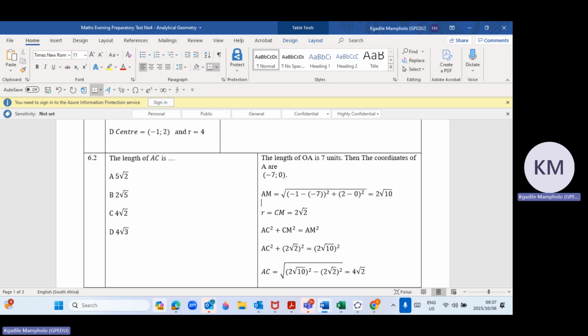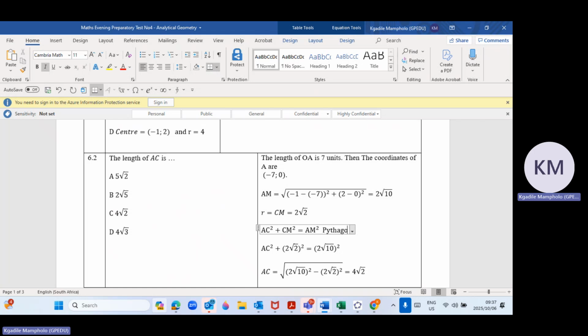Now, you use Pythagoras to get AC. So AC squared plus CM squared equals AM squared. AM, remember, is our hypotenuse. Then you use Pythagoras. And the reason why you use Pythagoras,